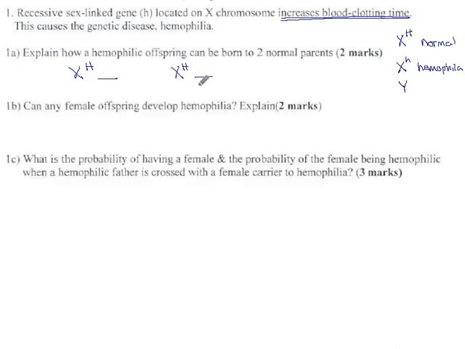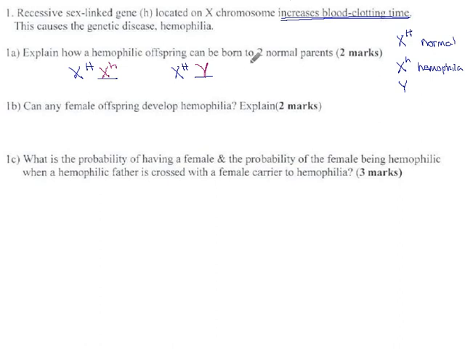There's one thing. If this is a dad, then he is male, therefore he has a Y chromosome, taking up that spot. And now, if there's going to be hemophilia in this family, there's really only one spot left for it to be. It must go here. It would be impossible for hemophilia to occur unless there's at least one allele for it. And so apparently what's happening is we have a carrier mother. She doesn't have it. She may not even know she's a carrier. The dad is completely normal, but when you cross them,